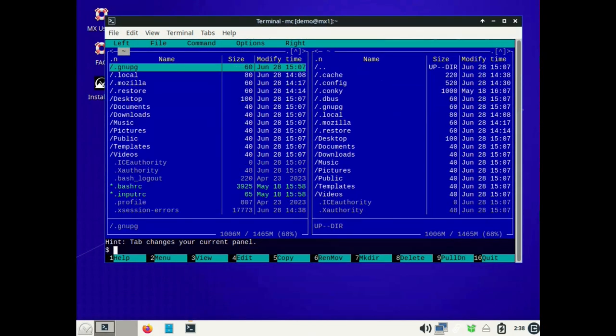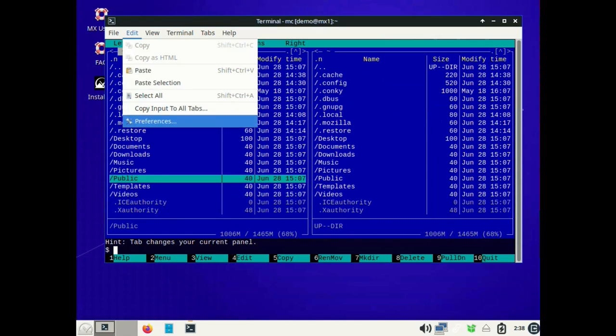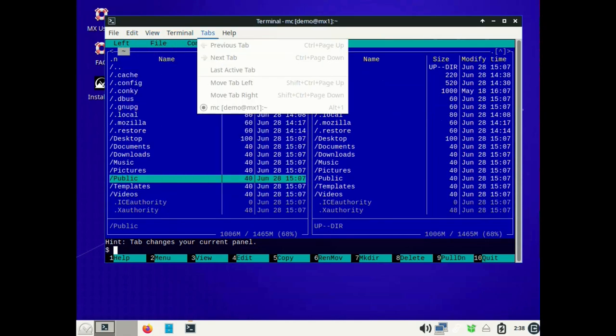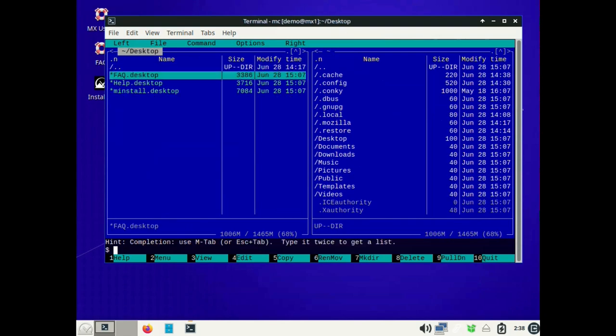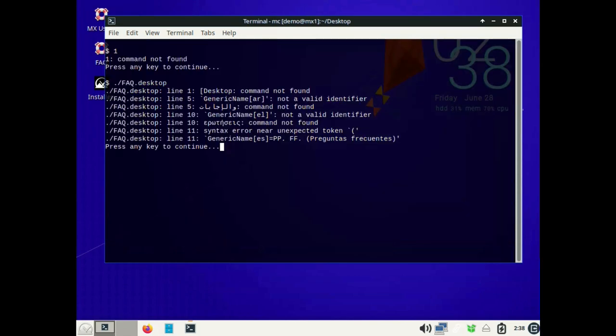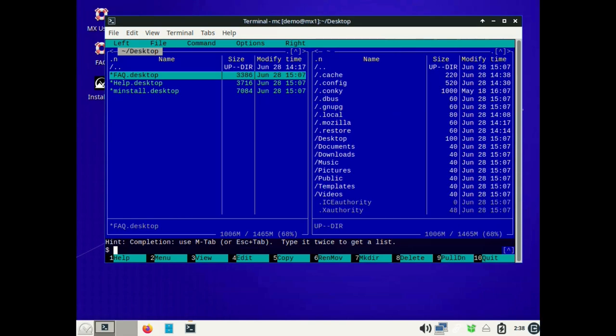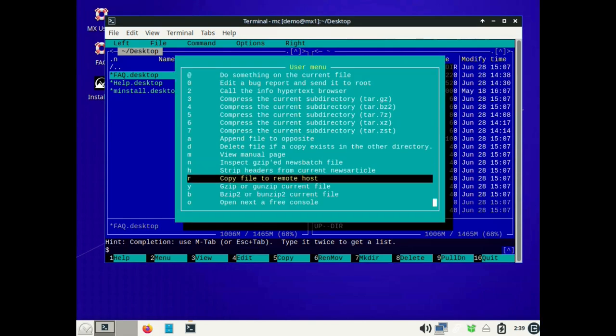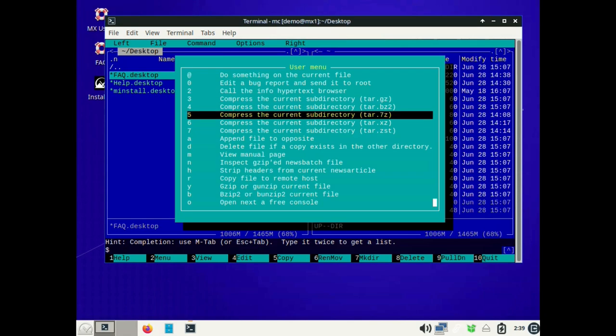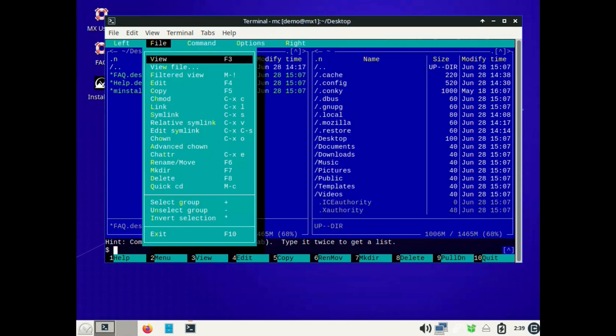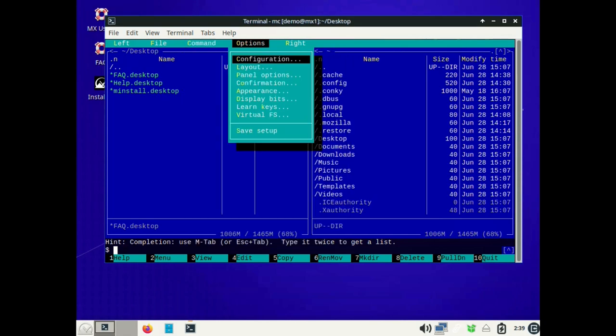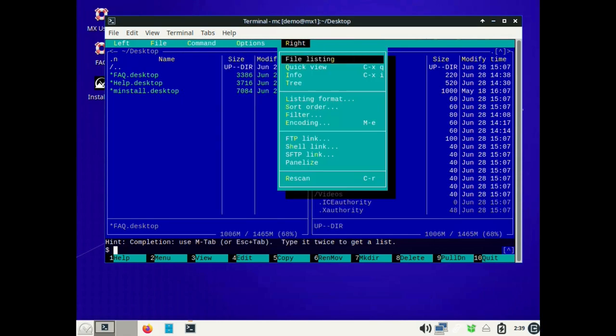MX Linux is renowned for its lightweight nature, designed to run smoothly even on older hardware. This efficiency is achieved through a combination of factors, including the use of the XFCE desktop environment, which is known for its low resource consumption, and a carefully curated set of pre-installed applications that prioritize performance over bloat. The result is a responsive and snappy user experience, making it an excellent choice for users with older computers or